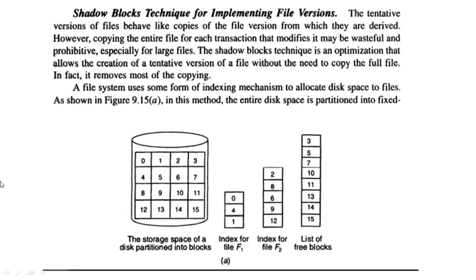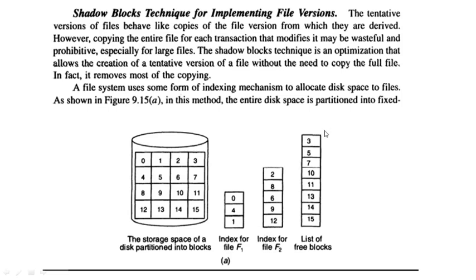The entire disk is partitioned into fixed blocks like this. Each block is of some fixed size and has some length in bytes. It is called a block. And the file maintains index numbers 0 to 15, meaning there are 15 partitioned blocks. The index for file 1 is 0, 4 and 1. For file 2, the parts are in block numbers 2, 8, 6, 9 and 12. So this will not come under the list of free blocks, as these files are already in these index numbers.